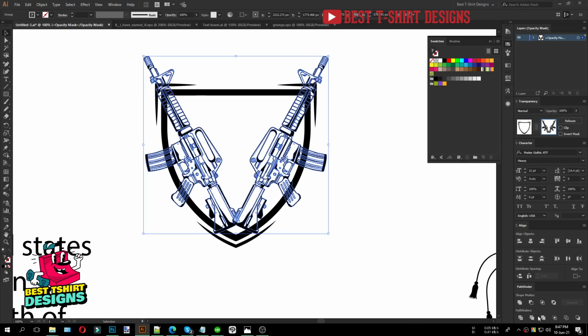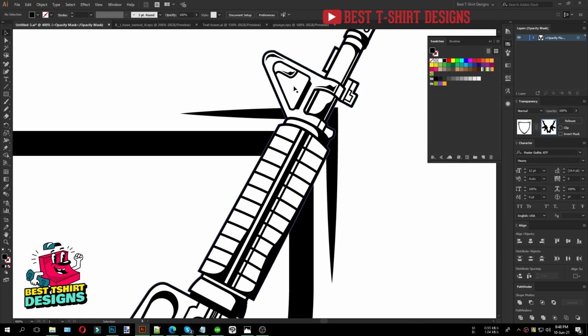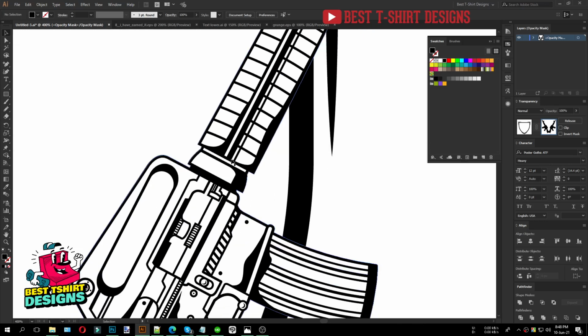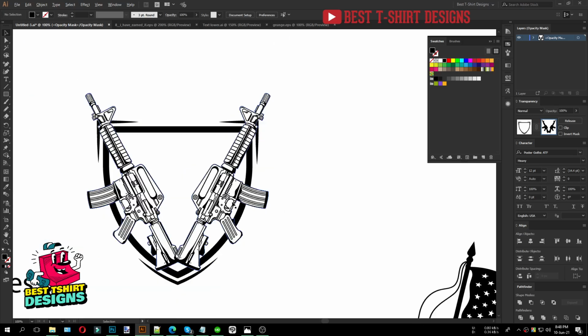Now all I have to do is merge on my Pathfinder tool and unite. So merge unite will make it one single solid color shape. You can see inside here, no details in it. So there is a problem of making merge unite, that the area that should not be covered, like this part, should be empty. Whatever will be in the background, that should be visible from here, that should be visible from here, of course from here. So that is missing,